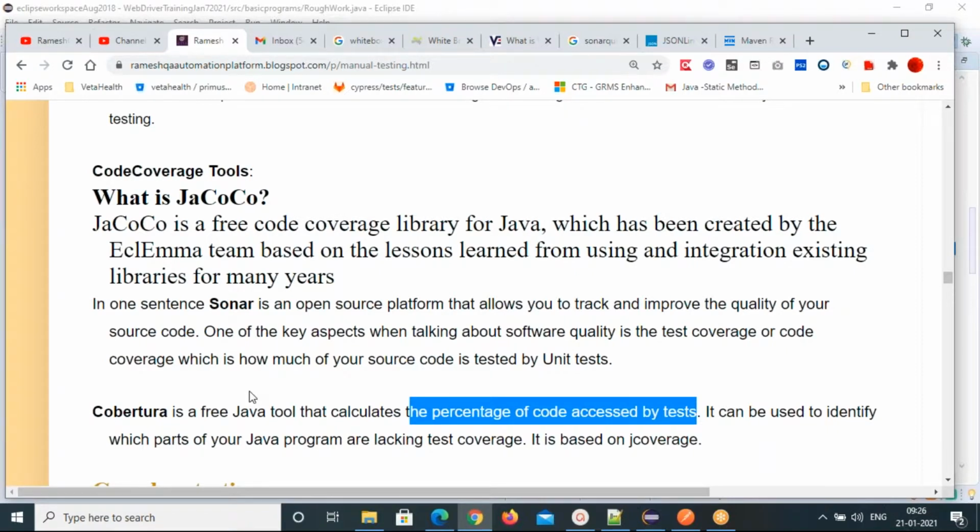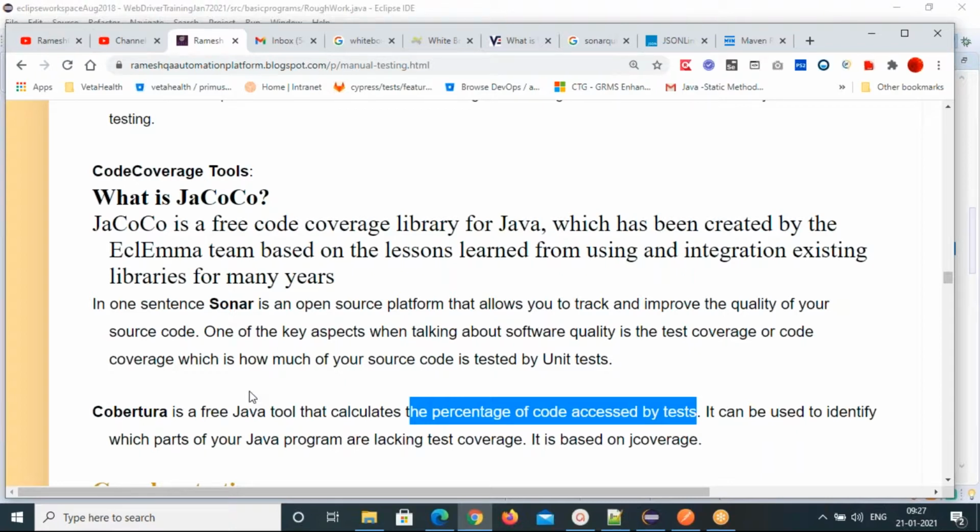So how many paths you covered, how many decisions you covered, how many statements were executed. All this report will be given by these tools, and you will get a code coverage report. Code coverage means overall code coverage: whether the entire application is tested properly or not, and whether your test cases are covering more code or not.